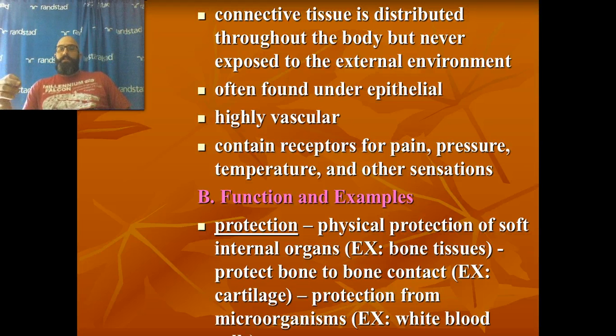Other things it does is it reduces friction, or protects tissue from rubbing against other tissue, which keeps it from being damaged. The biggest example here is cartilage, and it also protects you from microorganisms. White blood cells are part of your blood, and their main job is to attack foreign pathogens, which means it's kind of like a 3-way protection. It's protecting your inside stuff from the external environment, it is protecting yourself from yourself with bone-to-bone contact, and it's also protecting the inside of your body from